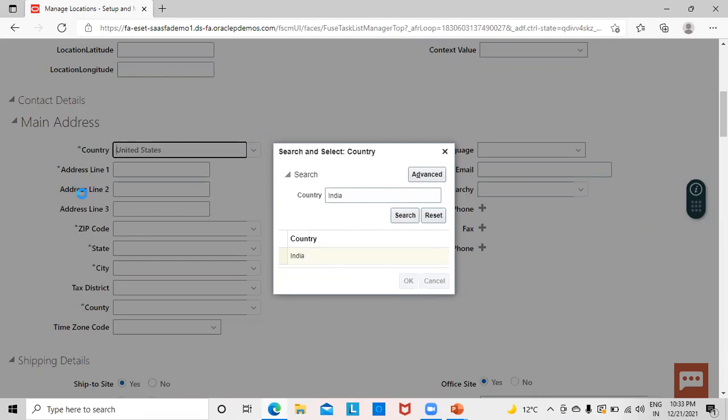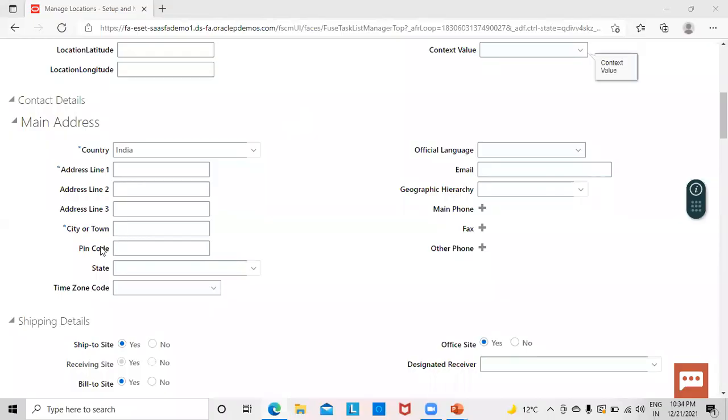All the fields which are marked with a tick are important to be filled. Only then will the location be created. This information is provided by the client, and according to that information, we fill in these details.